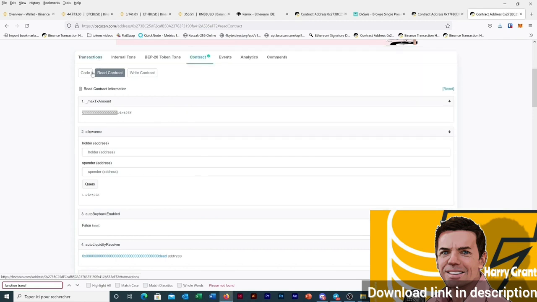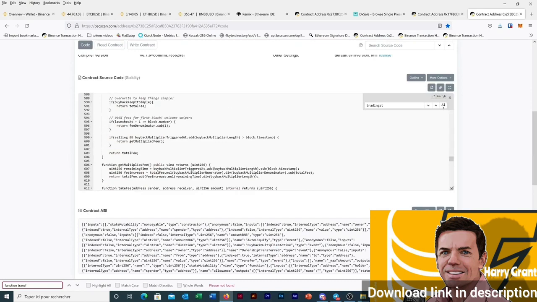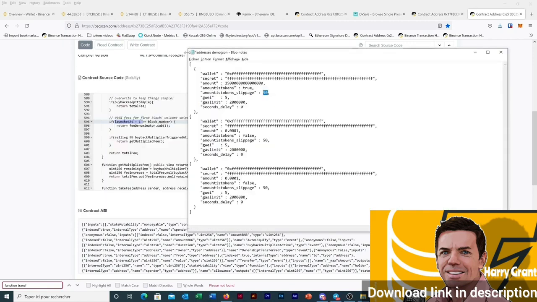Then there is also another protection here. We can read the code, and we can see there is a tax at launch plus 1 block. That means if you buy the token in the first block, like with a sniper, you will be taxed 99%. To avoid this, we can also add a delay. Here we can use this parameter to set a delay of 3 seconds, so the bot will not buy before 3 seconds after the detection.